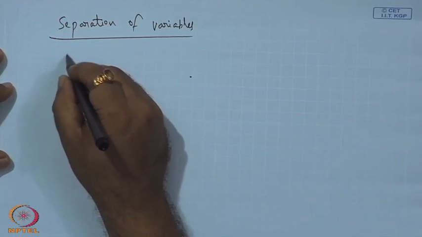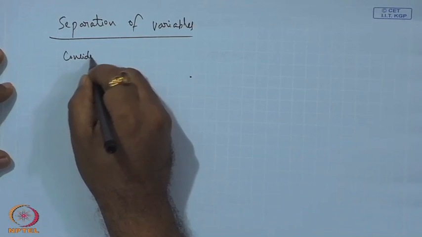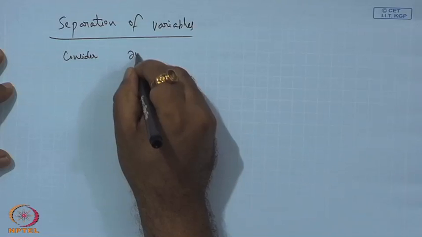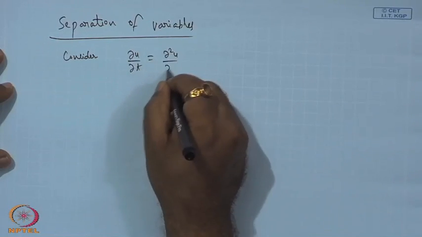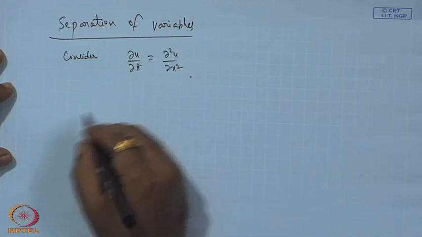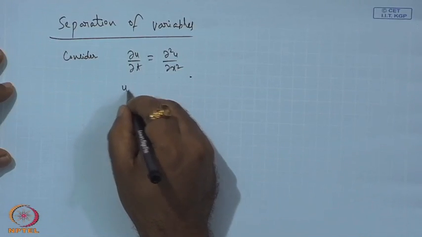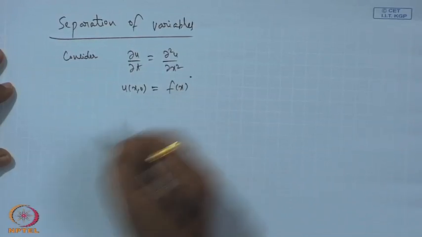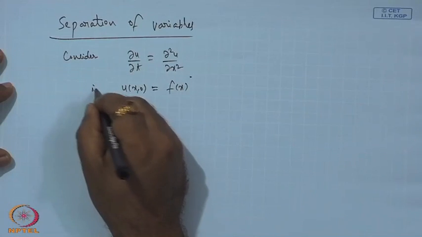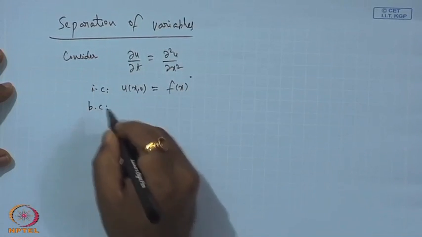So consider the heat equation, where k I have taken as 1. So now we have to define the complete problem. So initial condition and boundary condition,